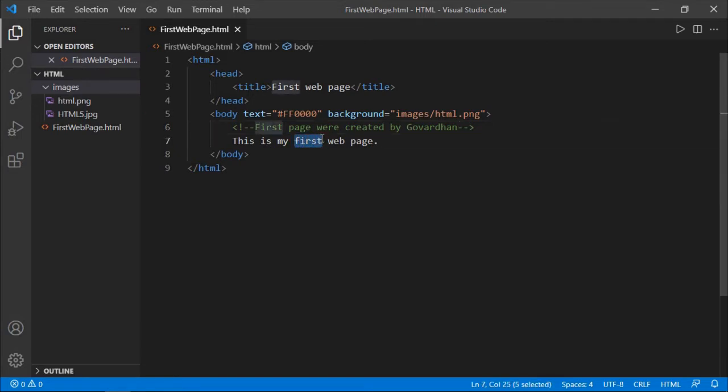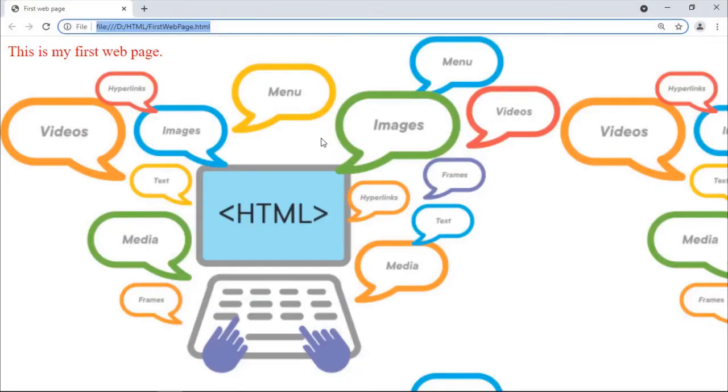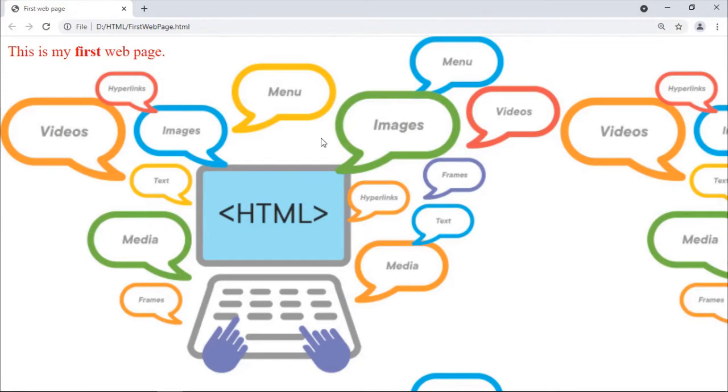I would like to display this word in a bold format. In such a case, you need to place the word in a B tag. Okay, see the output of this one. When we observe the word first, it is now displayed in bold, and compared to other text, the thickness of this word is increased.